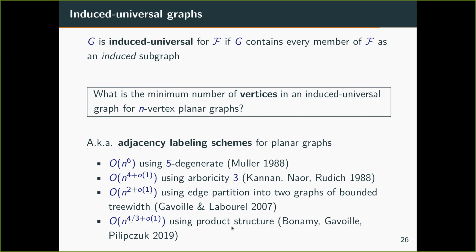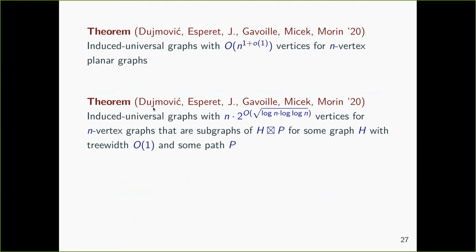And chronologically, that was the 3rd application of the product structure. So the first one was Q-number, second one was non-repetitive colorings, and the third one was this one, if I'm not mistaken. Right, so this was one of the first applications of the product structure. And what we did in this first paper was to get a near linear bound on the number of vertices for induced universal graphs. So the construction is actually different from the one I tried to sketch, but the machinery behind is the same machinery, this data structure of these bulk tree sequences.